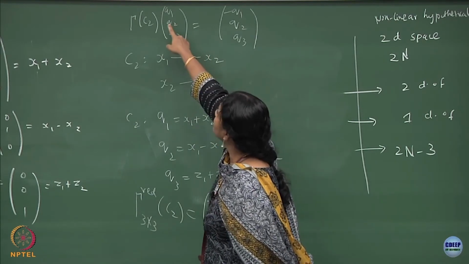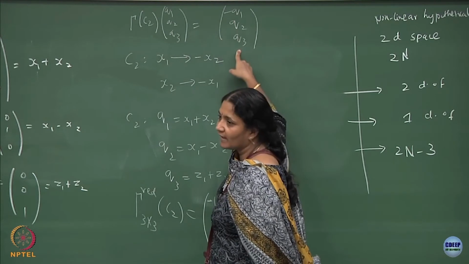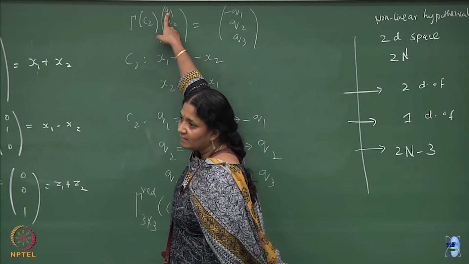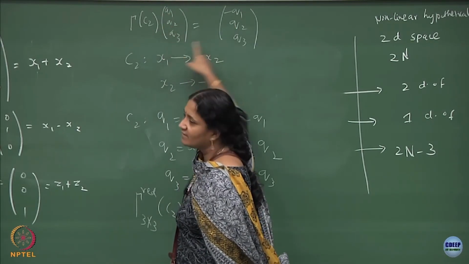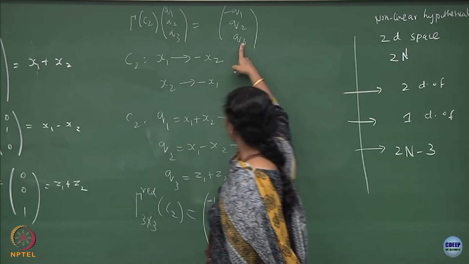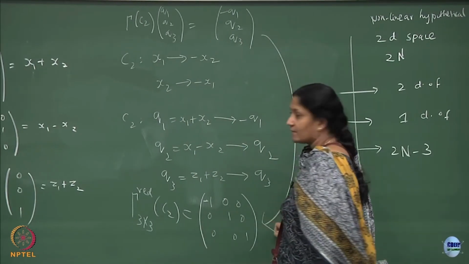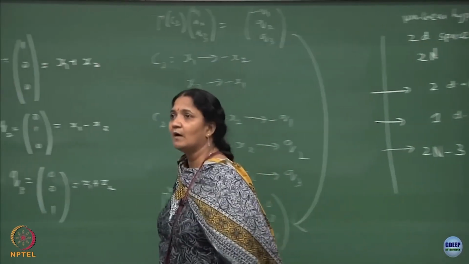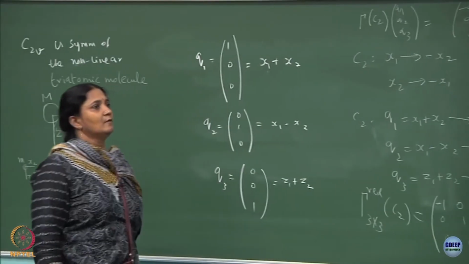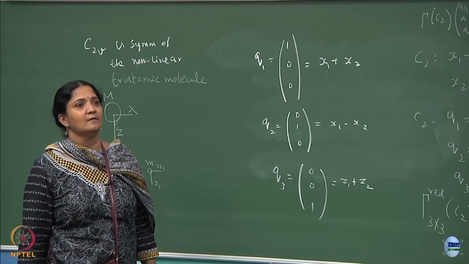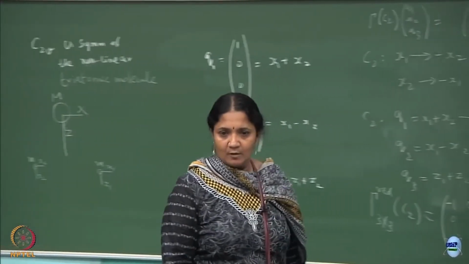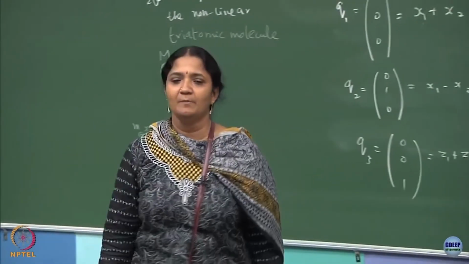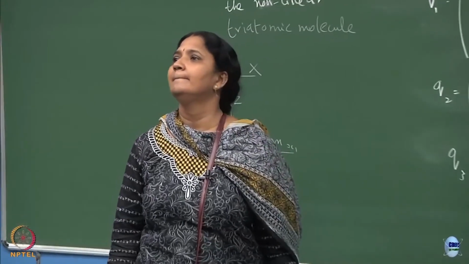So, what is that matrix? You have to make this diagonal because they are all diagonal, and the first element has to be minus 1, the 2, 2 element has to be plus 1 and the 3, 3 element has to be plus 1. This means this is the matrix. Is that clear? Okay. Any other question? Should we go ahead? Okay. So, back to our character table, basis states and so on.